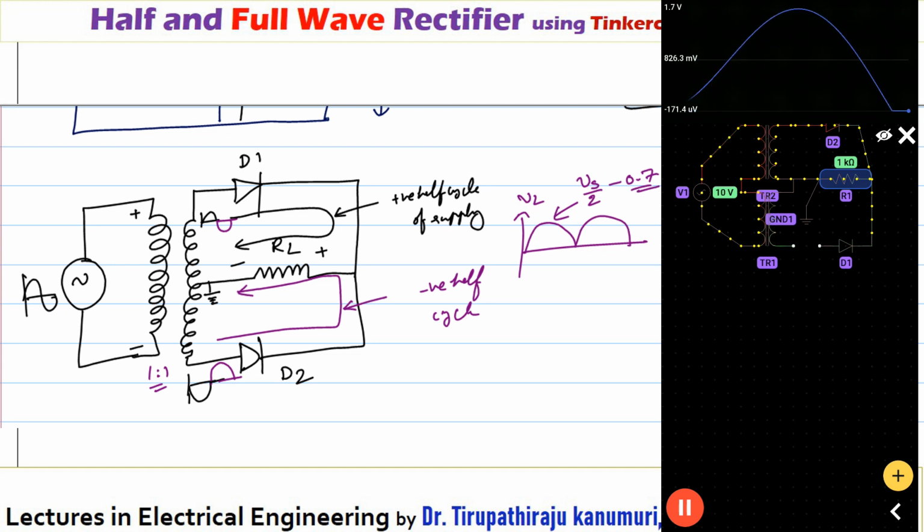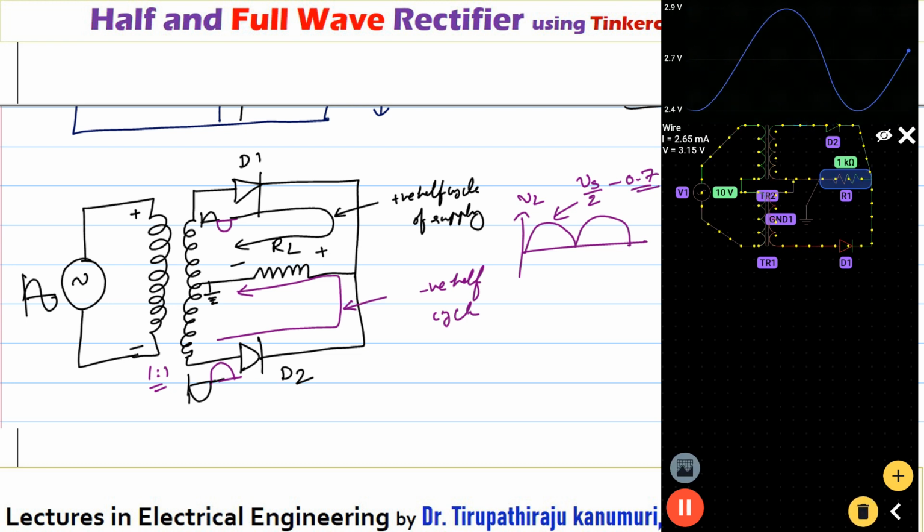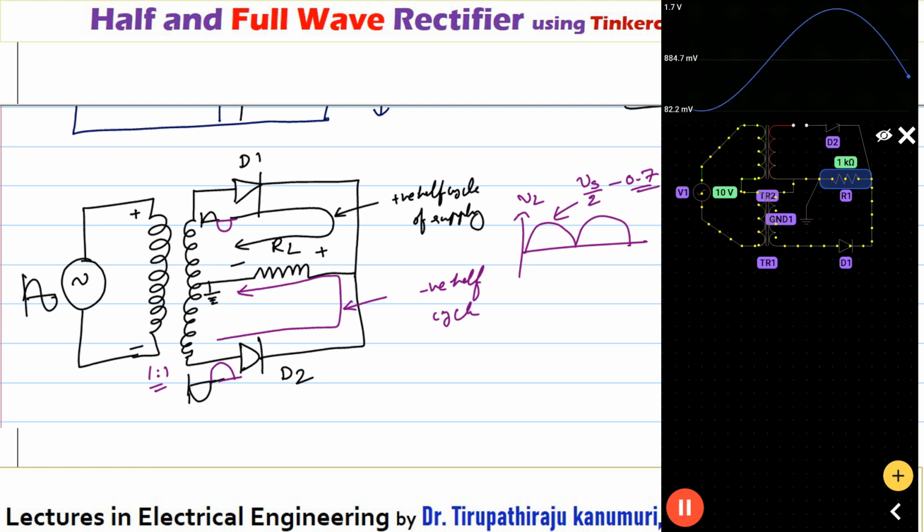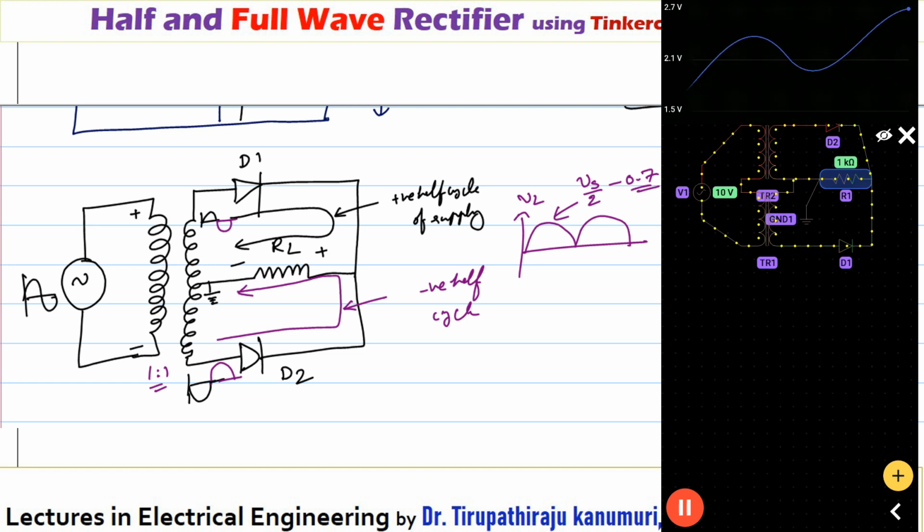For example, when I delete one diode, you can see here one diode is disconnected, so it becomes a half wave. Similarly, let us try to disconnect the other diode and see. When I disconnect the connection of the second diode, you can see again it is converted to half wave. So when a single diode is working, it works as a half wave. When both the diodes are connected, it is acting as a full wave rectifier. Let us try to connect back and see how it will work. When those are connected again, you can see now the full wave is coming.